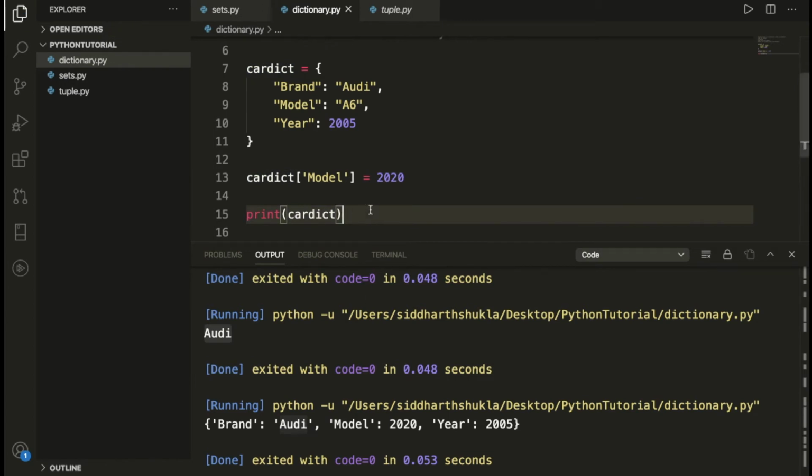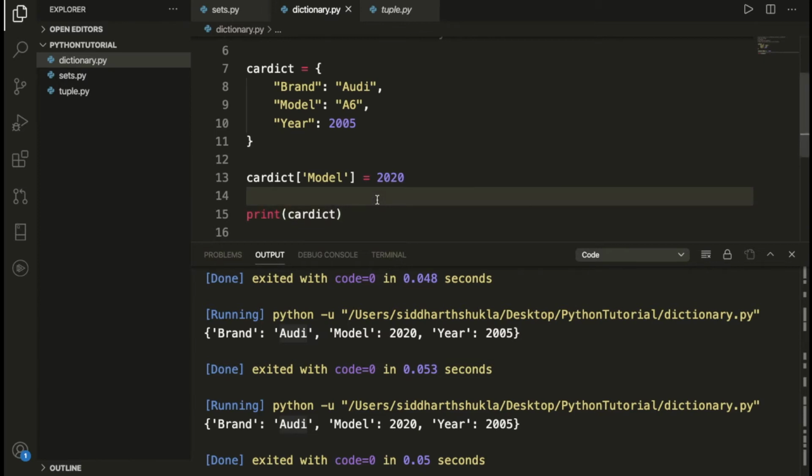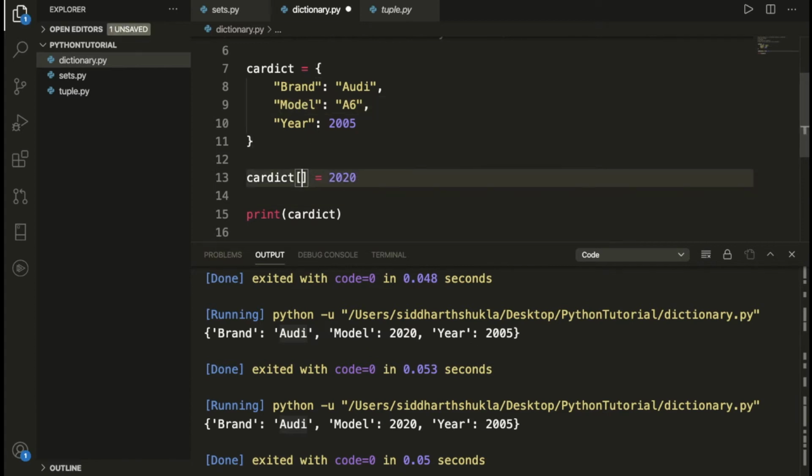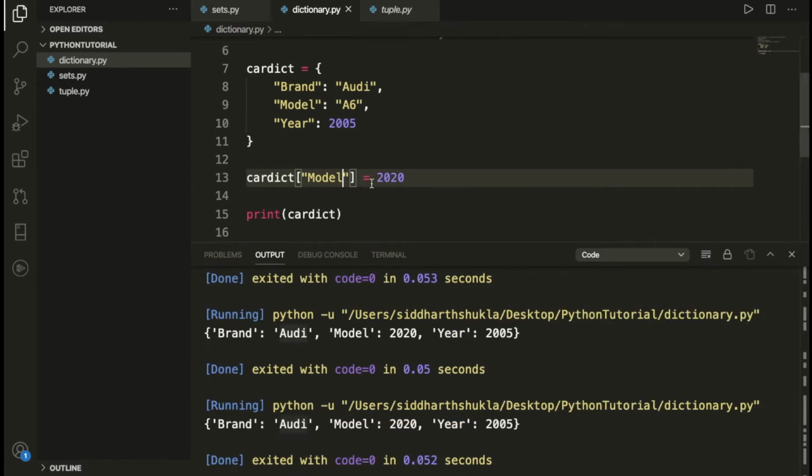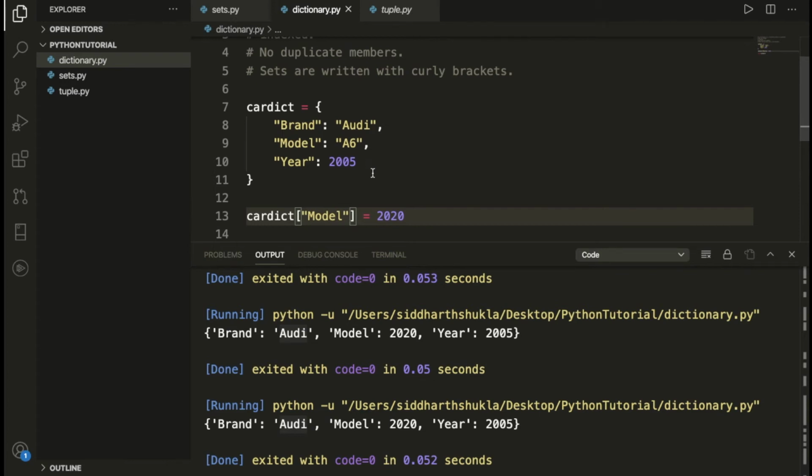Let me execute again. This value is not changed, but why? Oh, sorry. Yes, model is executed successfully. I forgot the exact syntax.